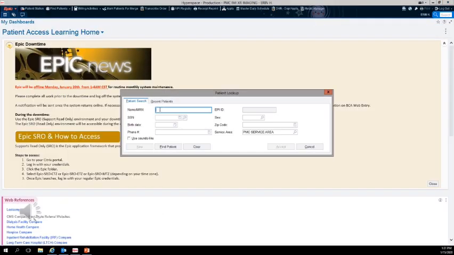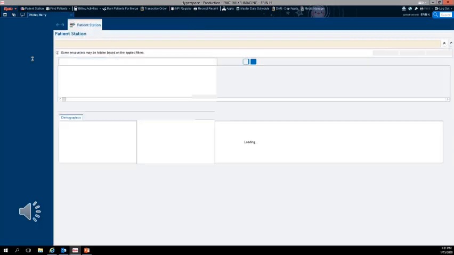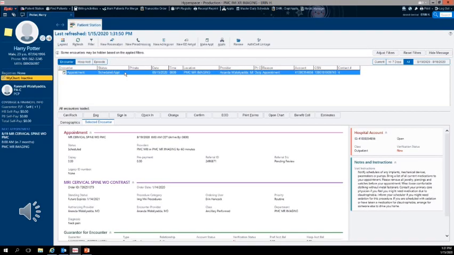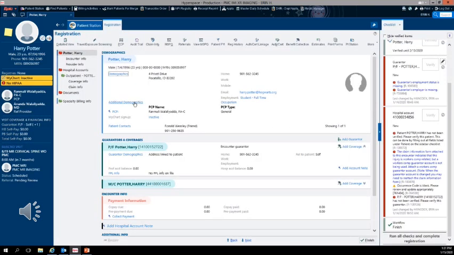Now, the next patient that we're going to do is Harry Potter. Now, Harry Potter has already been seen in WorkMed. You can't see that here, but he's already been seen in WorkMed, and he has a work comp claim already in the system. Now, what we're seeing is people are not choosing to attach everything to that claim that's already in the system. They are creating brand new claims,